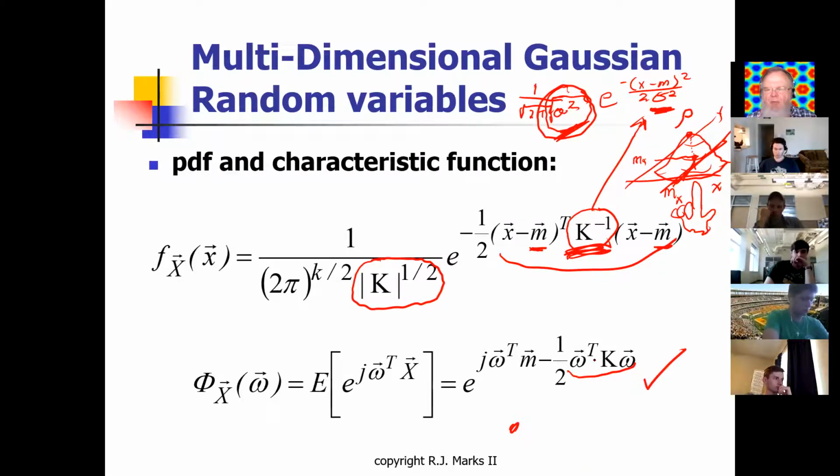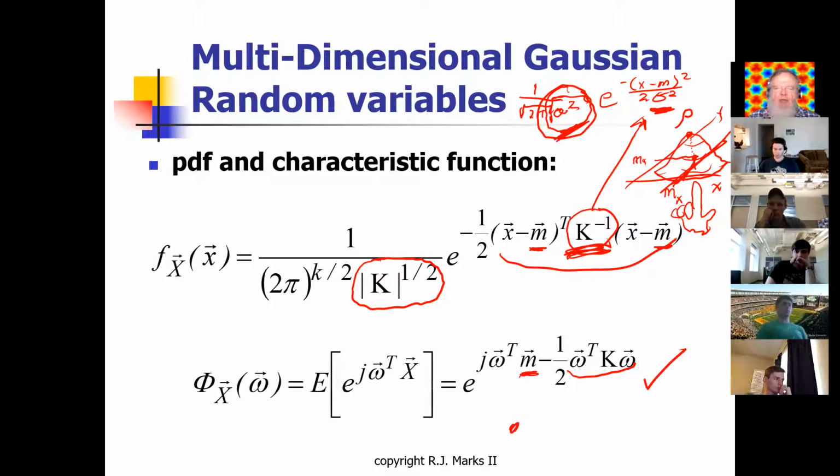In other words, this involves a lot of omega 1 squared, omega 1 times omega 3, and a bunch of other things. And this K, this autocovariance matrix, tells us the weight in these different values. And this, of course, is the vector of means in X, Y, and Z. So that is the probability density function and the characteristic function of a multivariate Gaussian probability density function. There's no assumptions here.